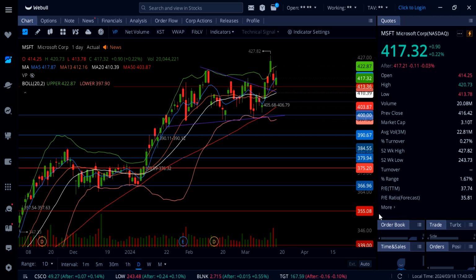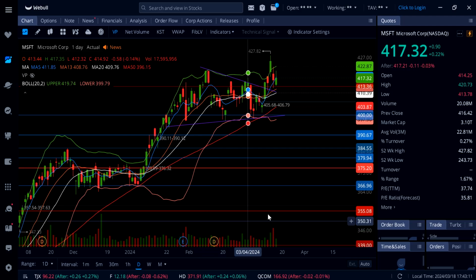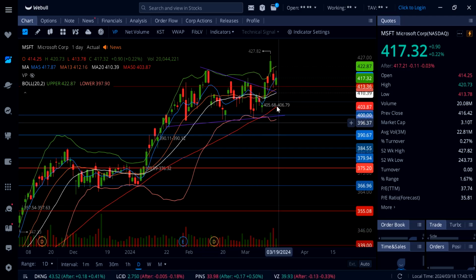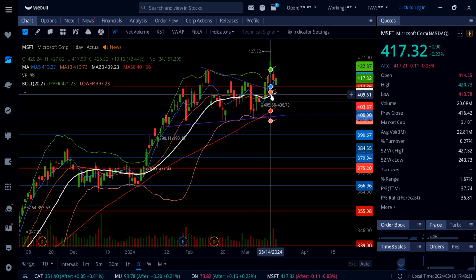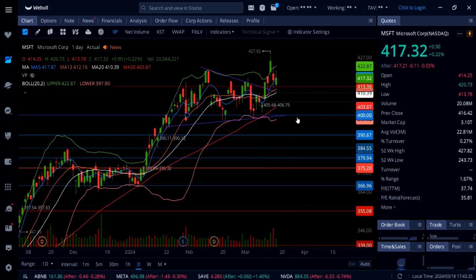On Microsoft, it's barely up on the day, 0.22%, and Microsoft here again holding above 413, and this was a play that we missed this morning. Right here at 413, around 410, but as soon as the market opened, you can see this thing pumped up all the way up to almost 421 and then gave away some of the gains, and now down here at 417.32,